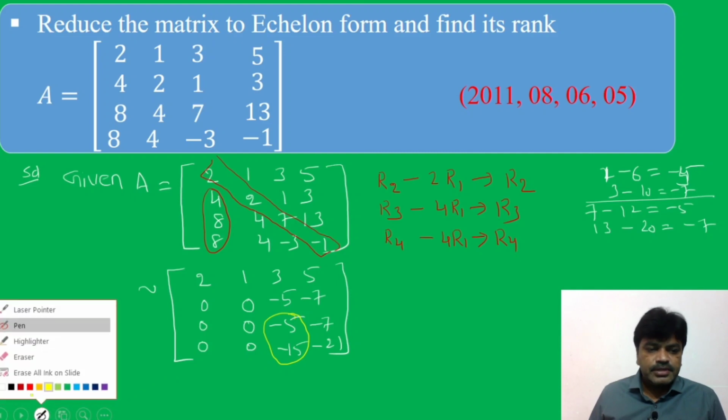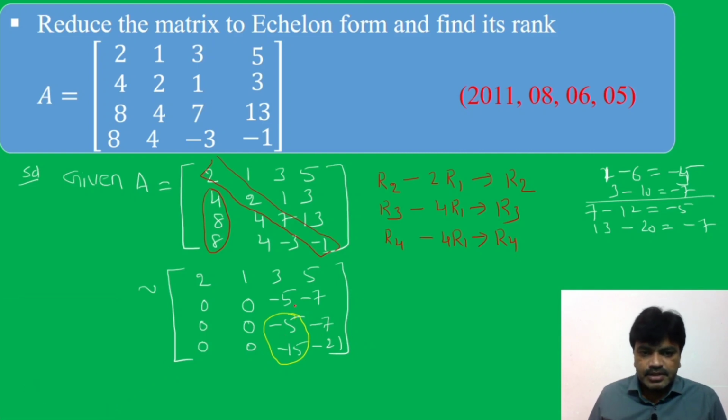Let us see the row operations. These two are the same, so R3, you are fixing R2 here. So R3 minus R2 in place of R3. And then R4, both have minus, so write minus here. 15 here, so 3 times, 3 5s are 15, so R4 plus 3R2 in place of R4. Second row is fixed. Where is the transformation occurring, friends? In the third row and fourth row.